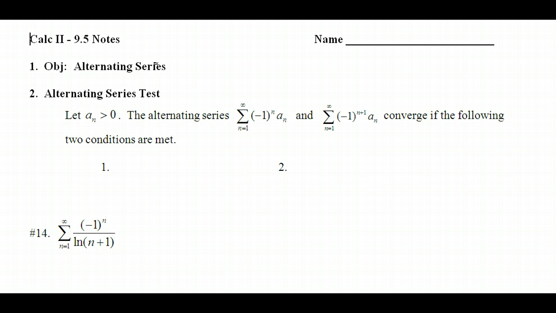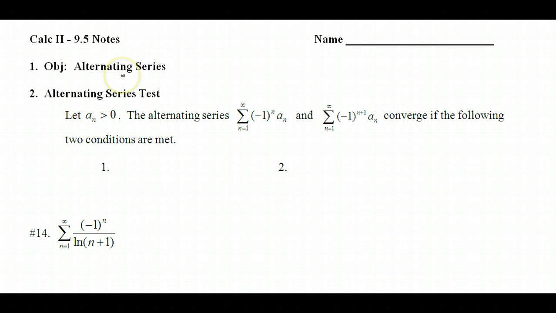With that test, that's a pretty easy thing that we'll look at and determine whether our series converges or diverges. With this, though, we also have our alternating series remainder, and we have a couple questions that deal with that. And then we also have absolute and conditional convergence and the difference between them, and determining if a series will absolutely converge or conditionally converge. So it is one piece of paper, but there's a lot of different things that we can do with our